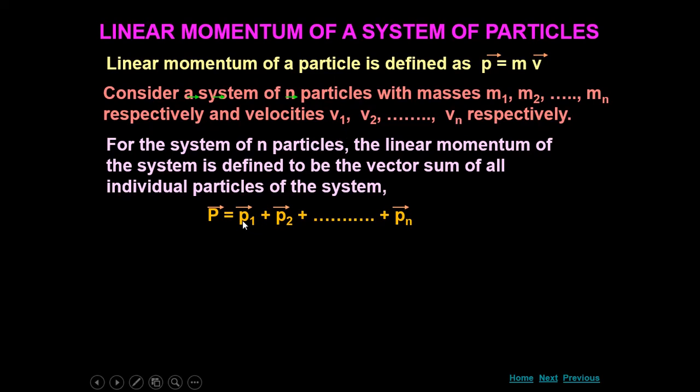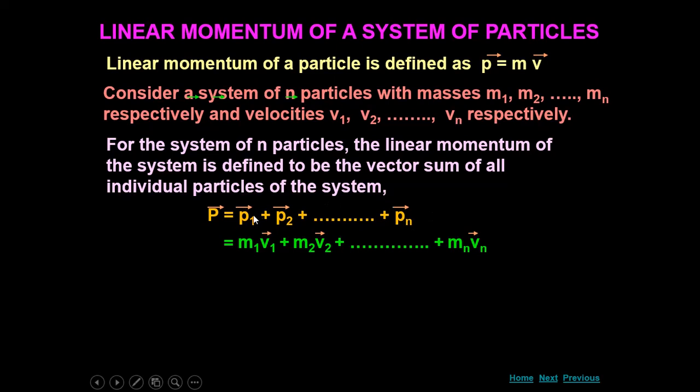And if you add the linear momentum of all the particles, then you get P equals p1 plus p2 plus up to pn. So p1, p2 are the linear momentum of the first particle, linear momentum of the second particle. If you add all the linear momenta, then you get the total linear momentum of the system. We can write this